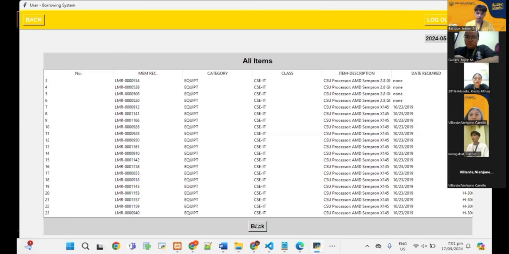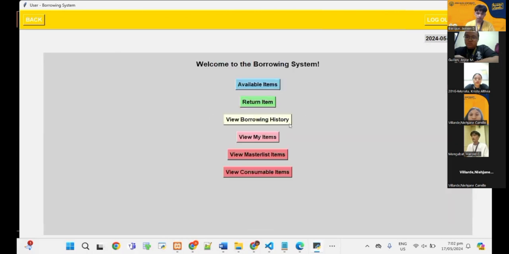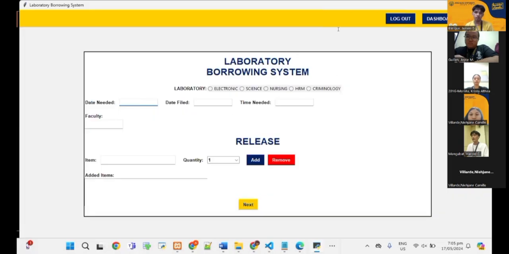And then next, we need to go back. So next, we need to click this home button. Then proceed. So here's our laboratory borrowing system.